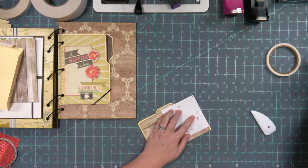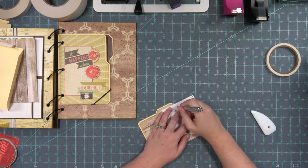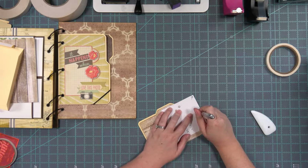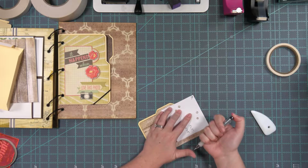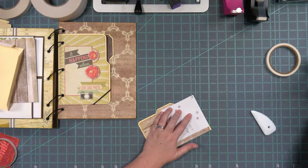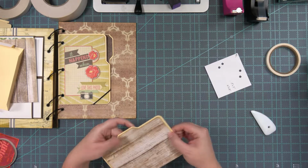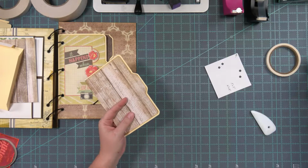And then I'm going to go ahead and use a pencil to mark my holes. I'm using the 5x7 because this is the 5x7 envelope. All right. And then I can use my 1/4 inch power punch